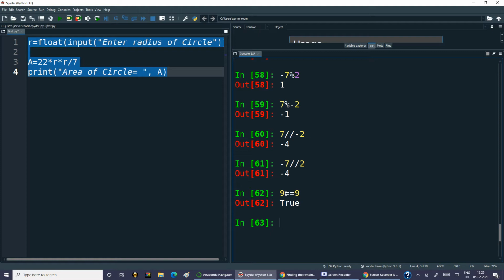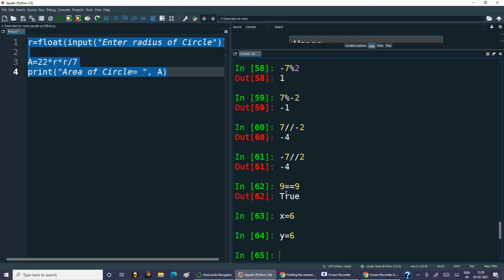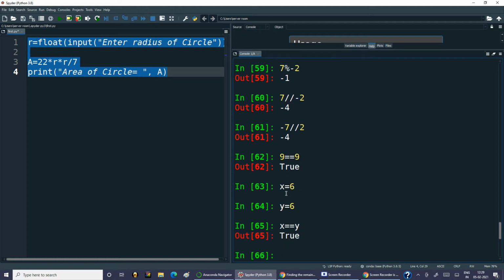So if I write like this, x equals to 6, and y is also equal to 6, then if I write x equals to y, that means I'm comparing them, so the output is true. If I write x is less than y, then the output is false, because x and y both are equal.